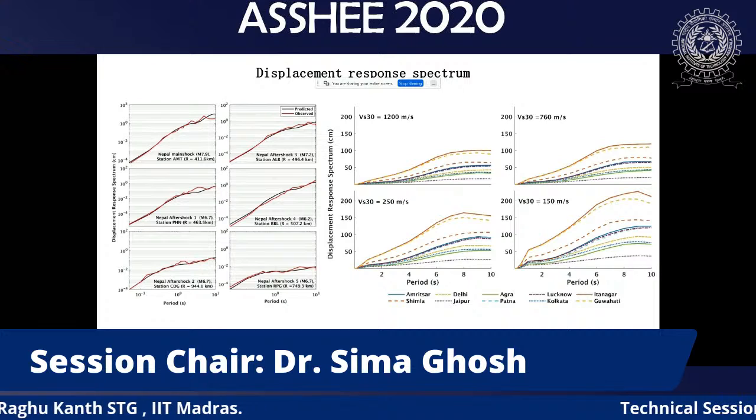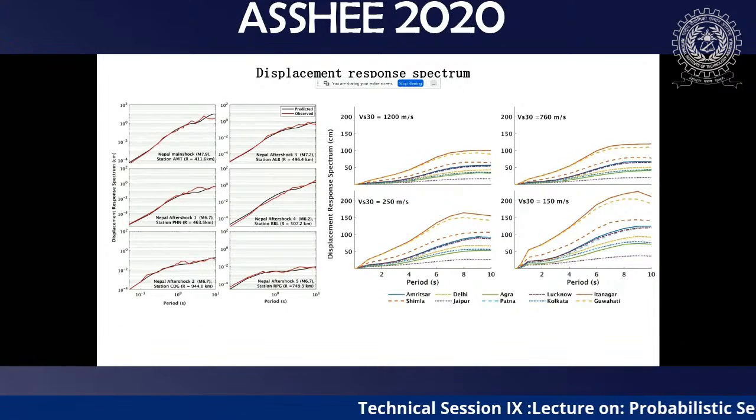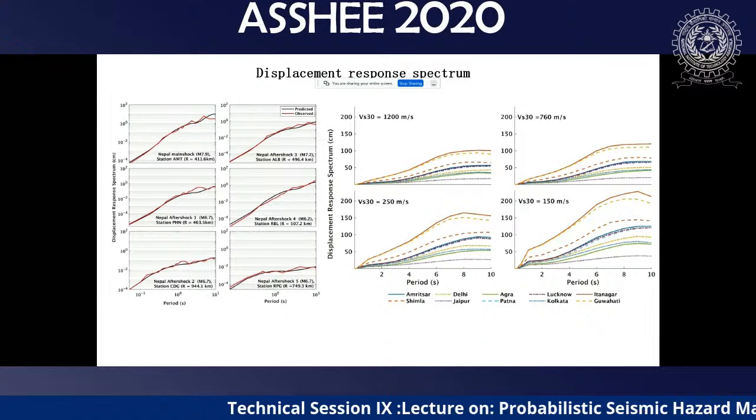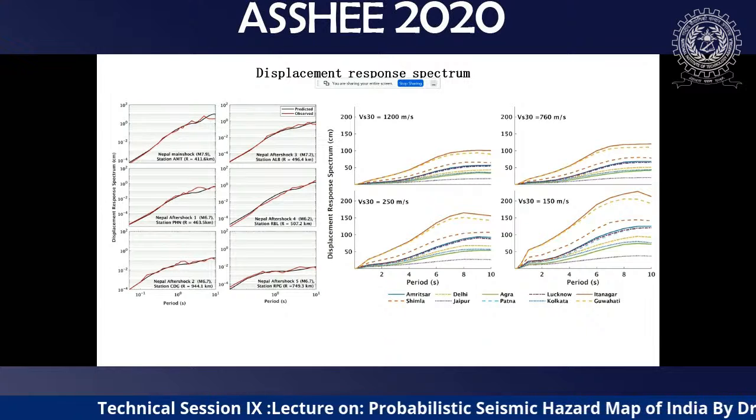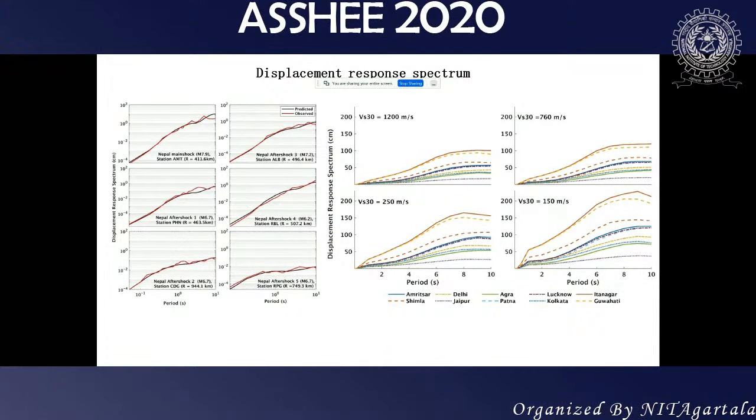So of course, in the code we don't want to incorporate it right now, but maybe in future codes. The displacement method in Eurocode has this displacement response spectrum. On this side also we have done this work, because we have high quality data, the CIGN network. We did some studies fitting GMPEs for the displacement response spectra, and we even got uniform hazard displacement response spectra for all the cities in India also.